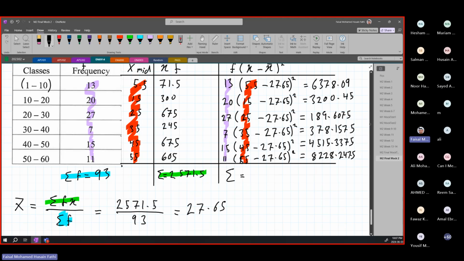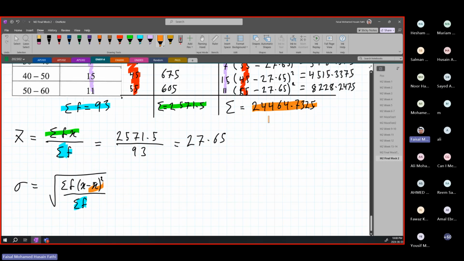415.3375 plus 378.1575 plus 189.6075 plus 3200.45 plus 6378.09, which is 24464.7325. This is our sigma, which is going to be, instead of this value over here, so it's equal to